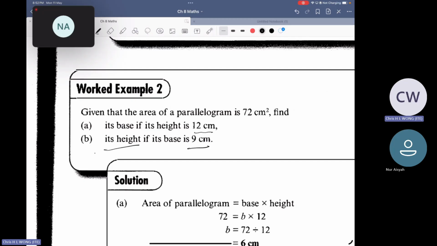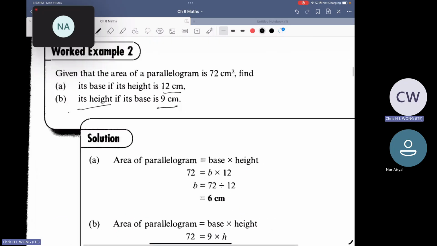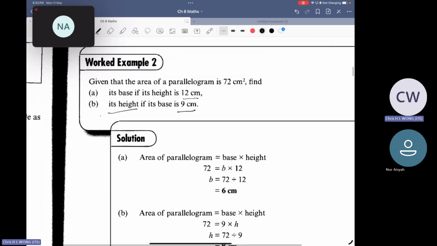Based on the formula, maybe I just show it to you now. Area of the parallelogram, you know this is a formula, base times height. But you're supposed to find the base if I give you the height. But I give you the area. So if this is the area of the parallelogram,